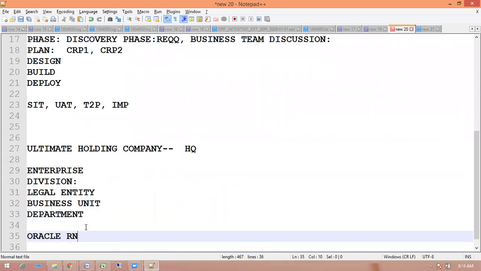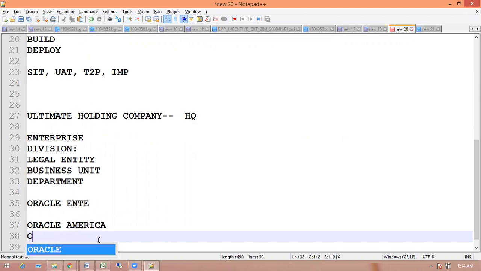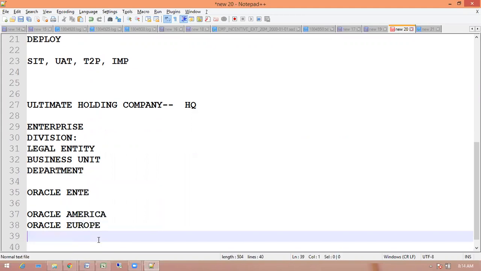The Oracle Enterprise is an enterprise. Under the enterprise, you can divide into divisions like Oracle America division, Oracle Europe division, and Oracle APAC division.